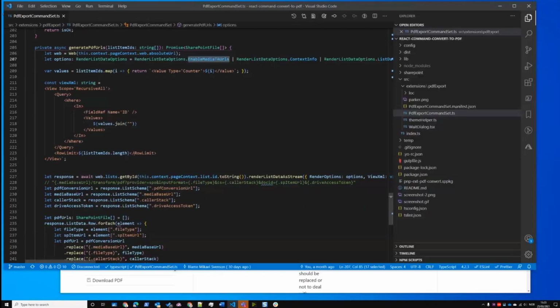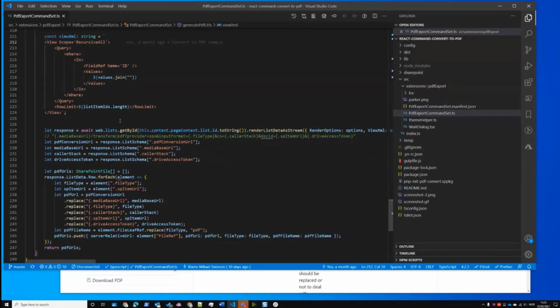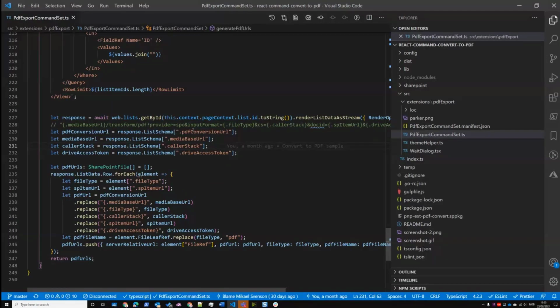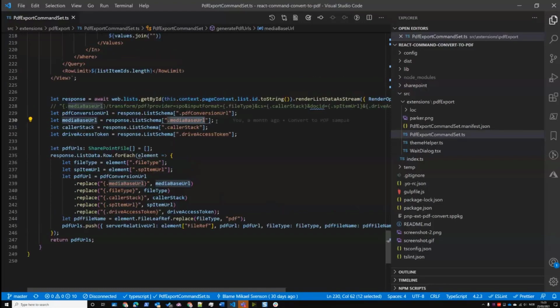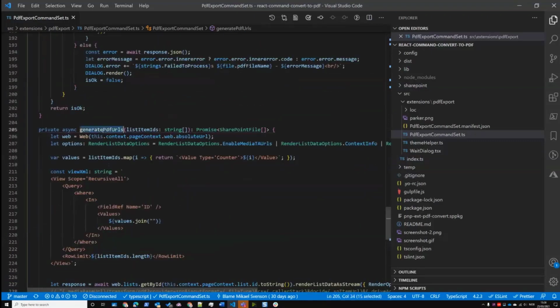Right. So what I do then is I pull out all the files, and we need the PDF conversion URL, and we have the media base URL because these are being picked up by the CDN. So then I'm loading these fields for the items, putting them into the payload, and then we're creating the payload to get these files. So that's just generating the URLs. If we go back,